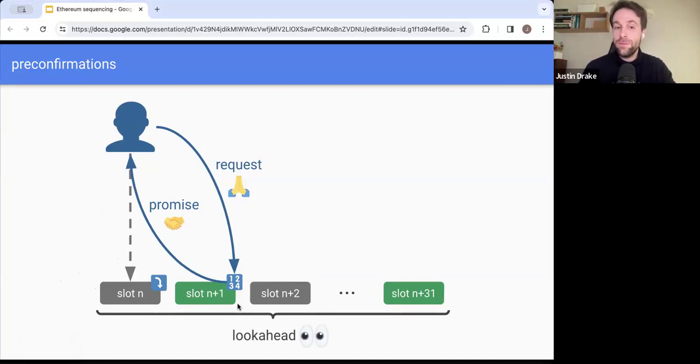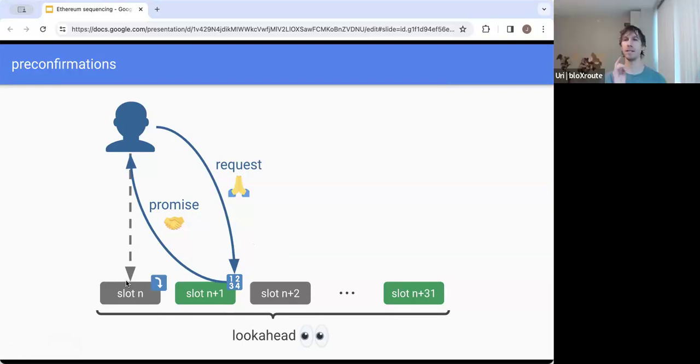Well, for the next 24 seconds, because there's 2 slots, 12 plus 12, the sequencer has full control over the ordering of transactions. And so there's no one else who can advance the state of the rollups. It has to be signed by the preconfirmer. And if it's not signed, then the state of the rollups doesn't advance. And so, okay, so these are slots of, let's say, the proposers of the L1.